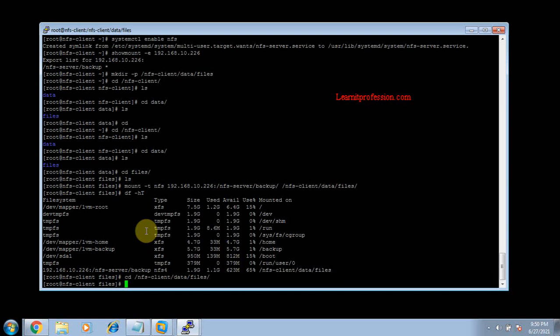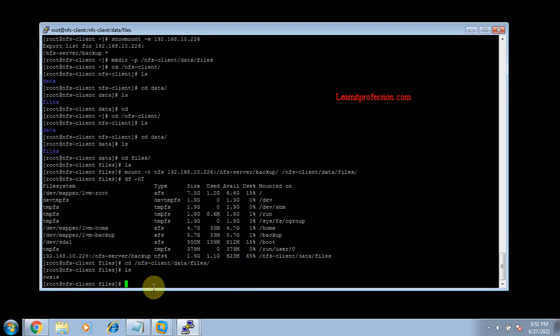Just type the ls command that lists the content inside the directory. Here you will see the content of the NFS server share inside the directory of backup. Okay, here you see the file OS that is available on the client machine.